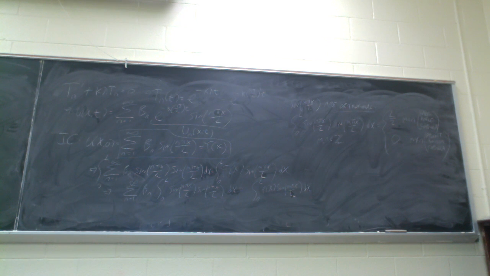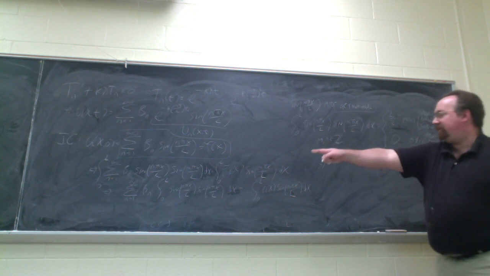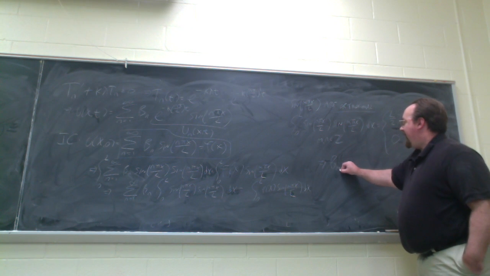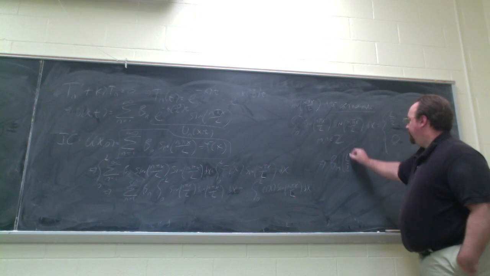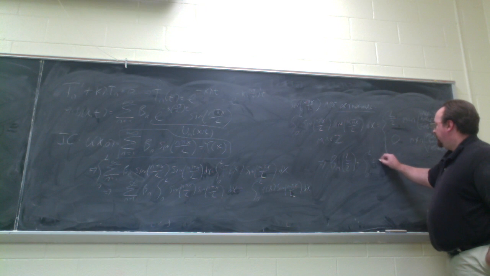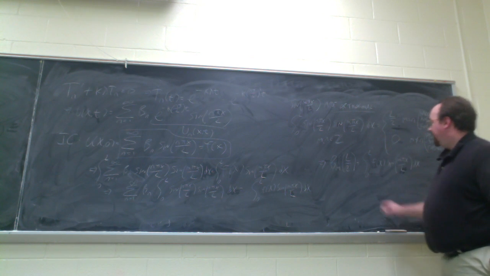So what that means is all the terms on the left side go away, except for n equal to m, in which case the integral is L over 2. So this equation I've written down here reduces to Bm times L over 2 is equal to the integral on the right side. Okay. So now we have a formula